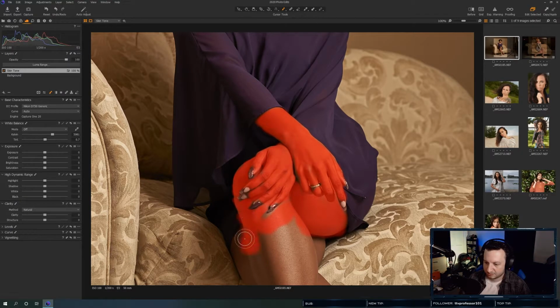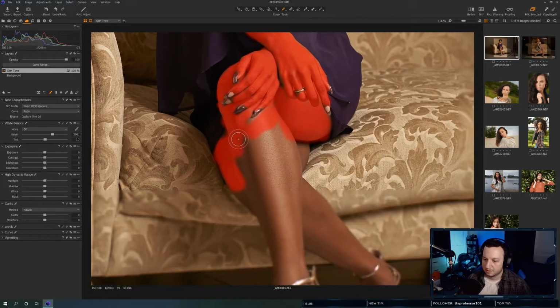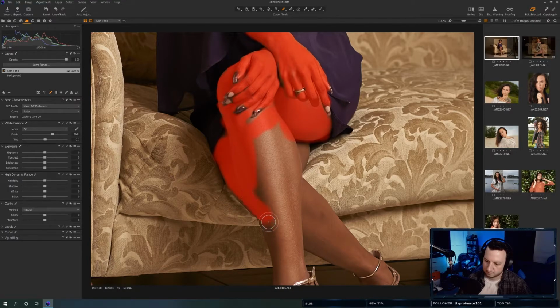All right, so we're just gonna keep selecting her skin here. And I honestly wish they had a tool like this in Lightroom. And wait until you see what this thing does. I'm hoping it translates well over the stream.